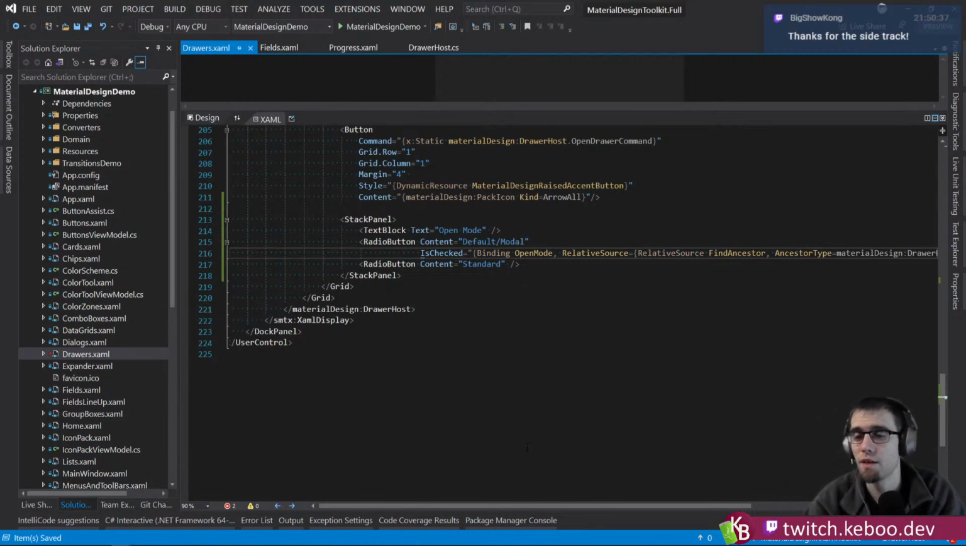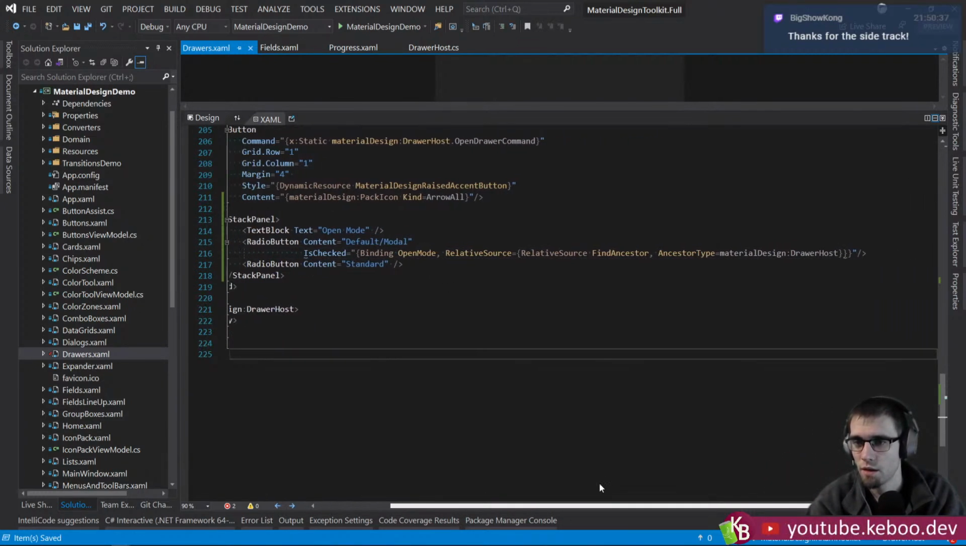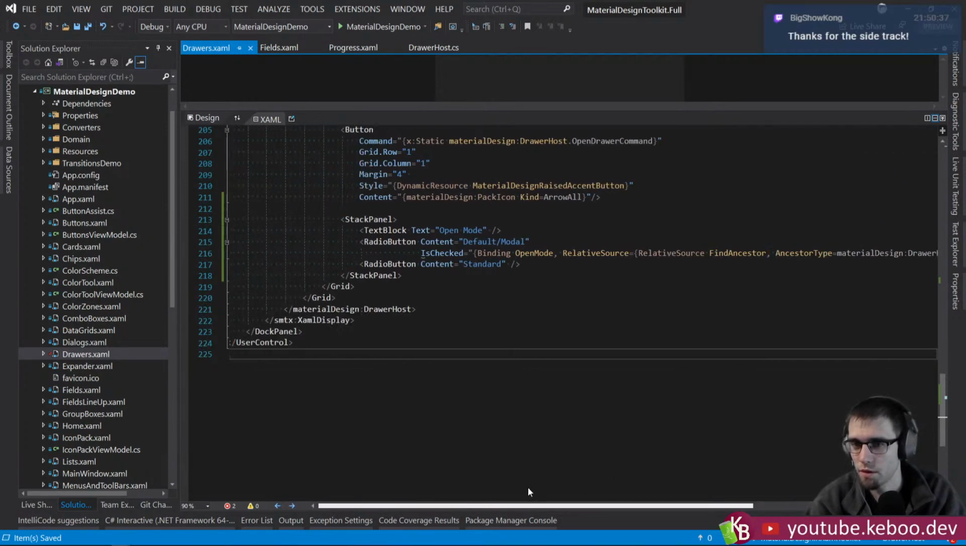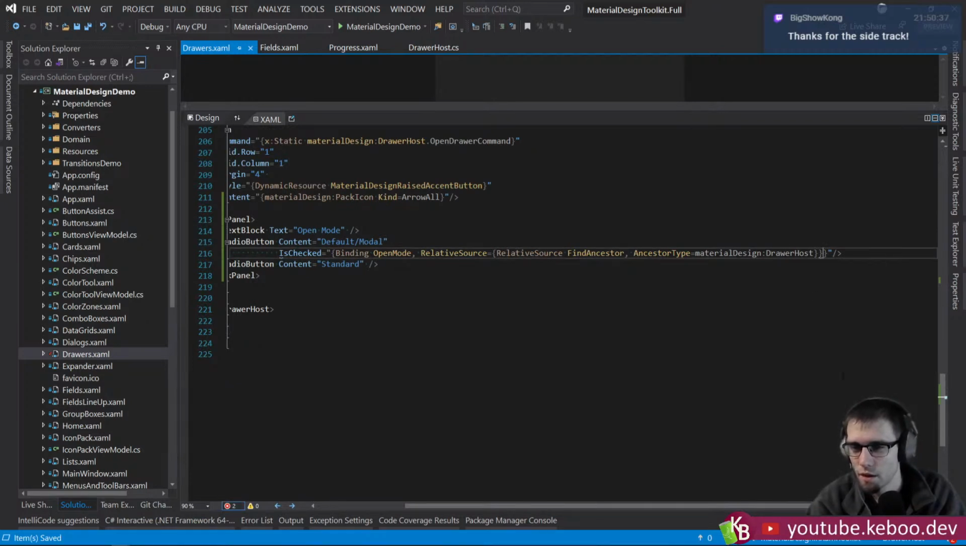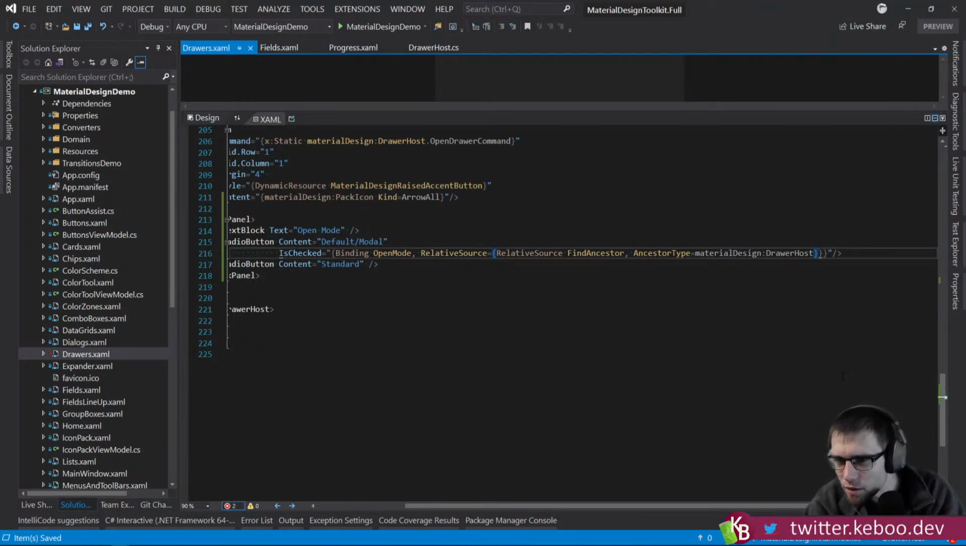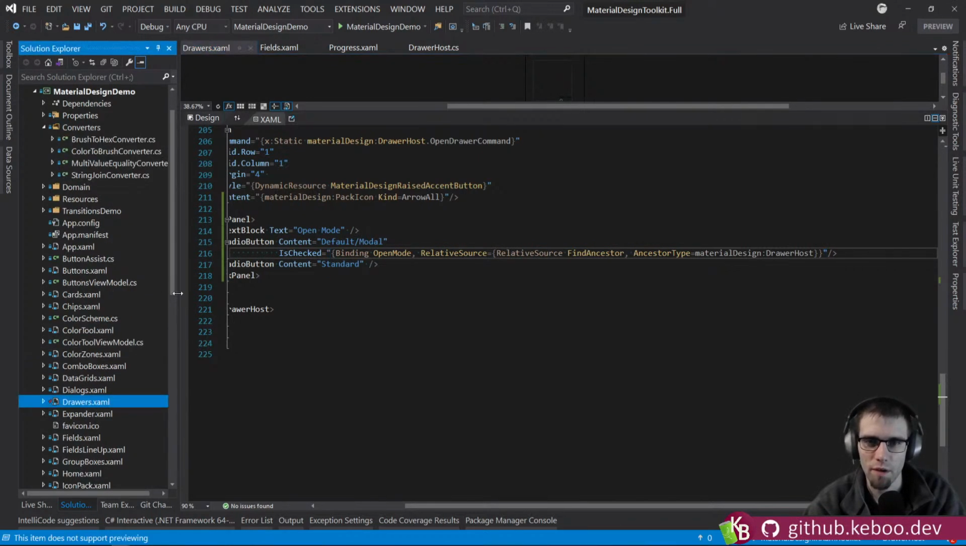Okay, so this guy here is going to bind to the open mode, right? But then I need to go between... That goes to that one. That goes to that one. I got too many closing braces. There. I think we just go value converter here and be done with it. Multi-value equality converter. Yeah, I think we're just